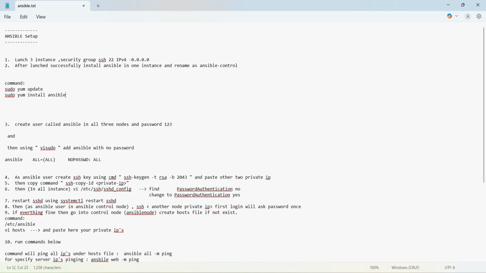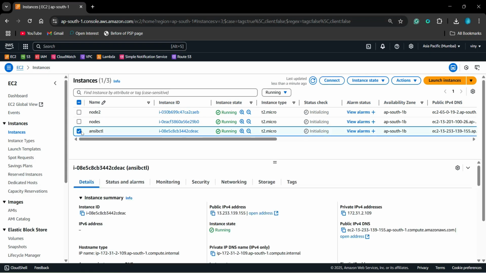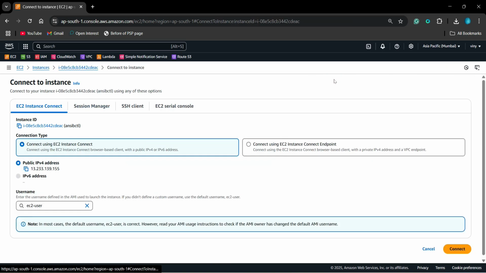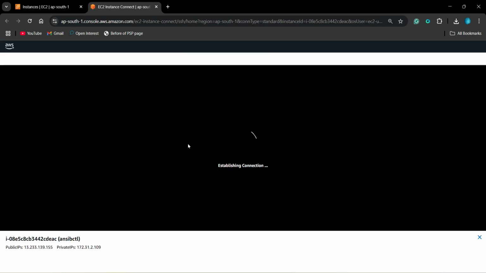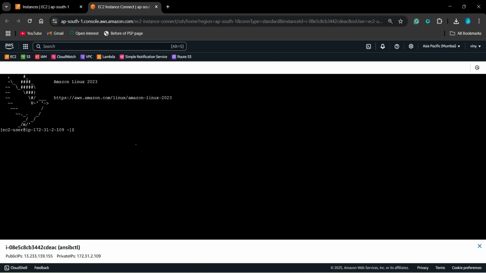Next step is this one, the update command. So just try to connect. If it connects, then fine. Click on connect. Yeah, it's started. So sudo.